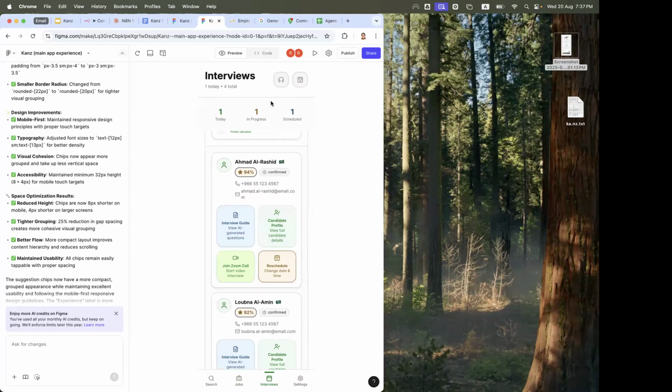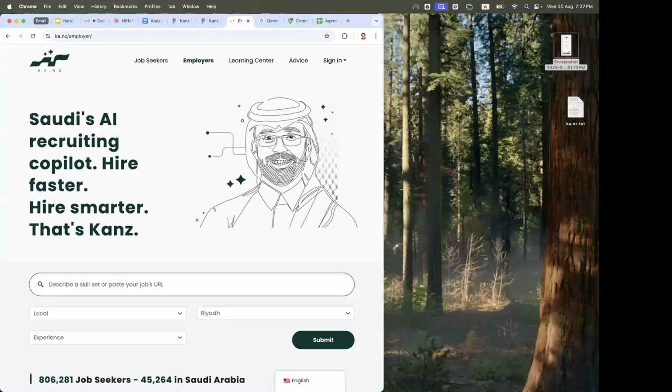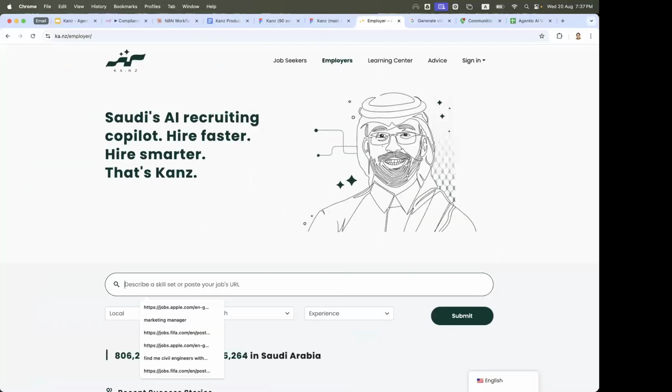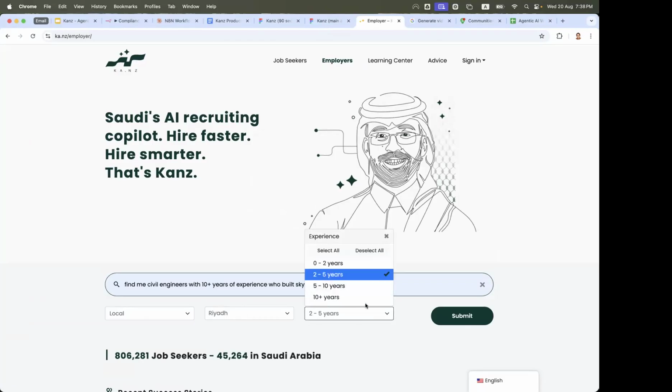If you want to take this to the next level and see what that looks like ultimately in a product, you can say, find me civil engineers with 10+ years experience to build skyscrapers in the desert, Saudi or not. So this has become an outdated interface. I know it's quite modern. And you can always build the next things you want, مثلا ++ years.